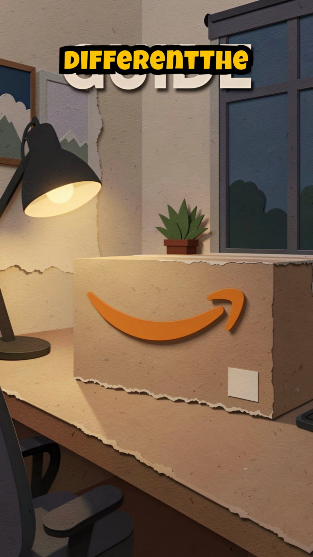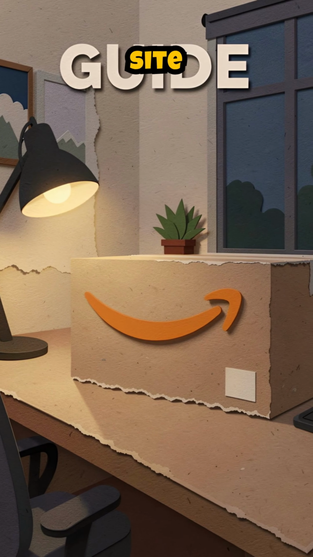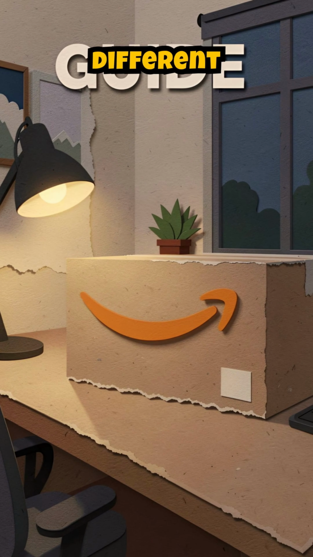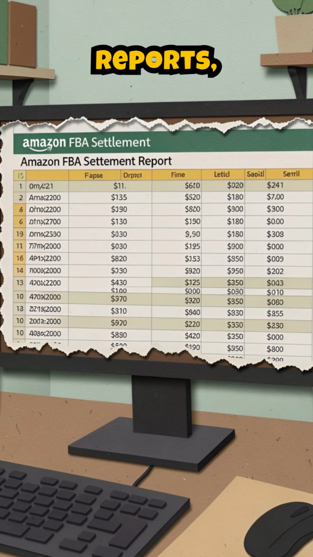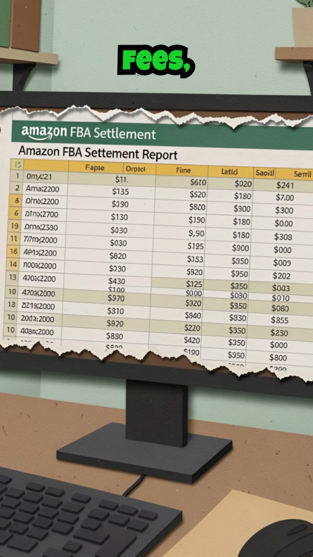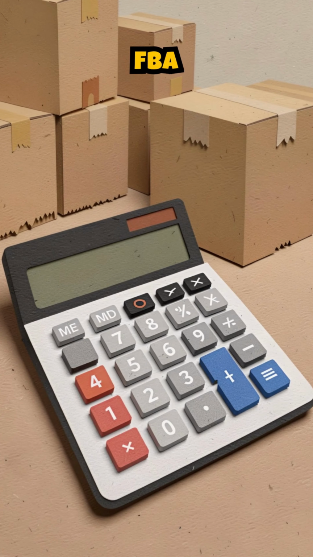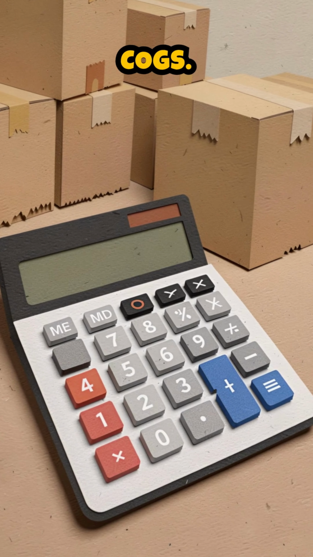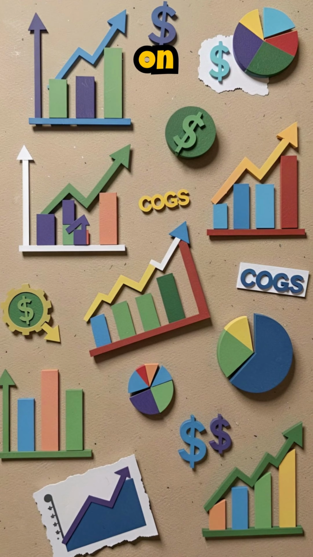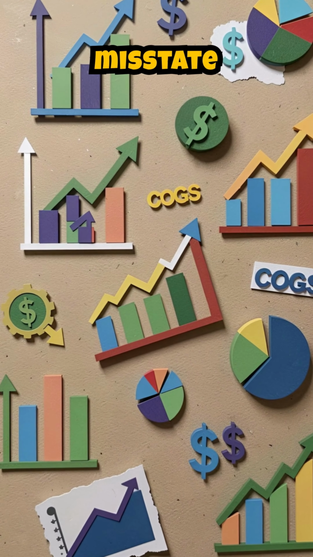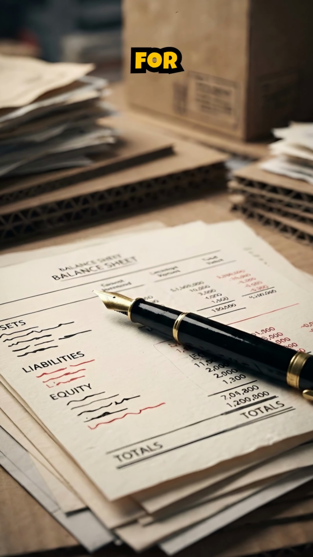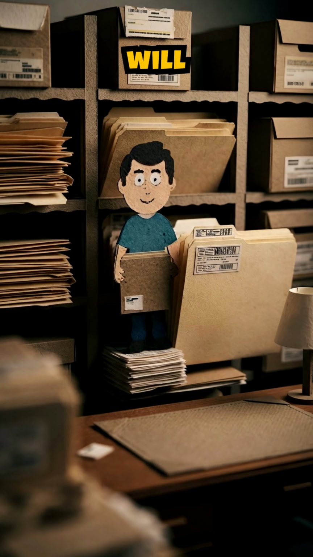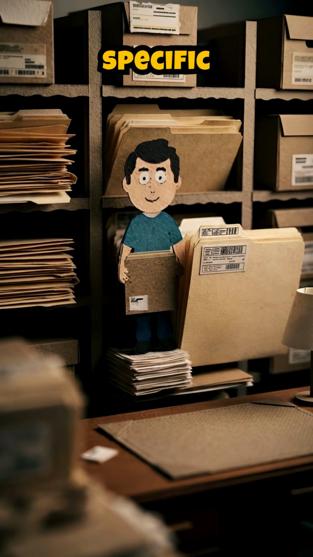Why this guide is different. The closest related page on this site covers inventory methods in a different context. This guide focuses on Amazon settlement reports, marketplace and fulfillment fees, refunds, returns, and the FBA inventory records that drive COGS. It stays centered on the reconciliation points that commonly misstate revenue, distort COGS, or trigger tax adjustments for FBA sellers. What you will see emphasized here: specific steps,